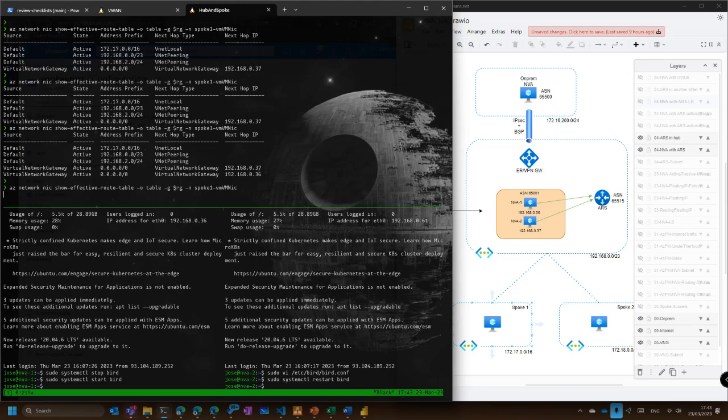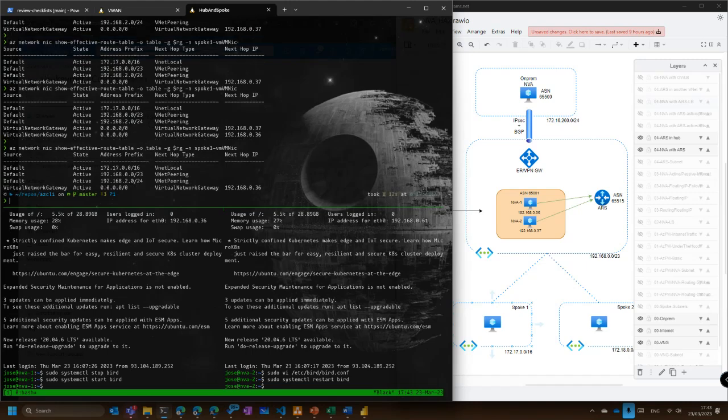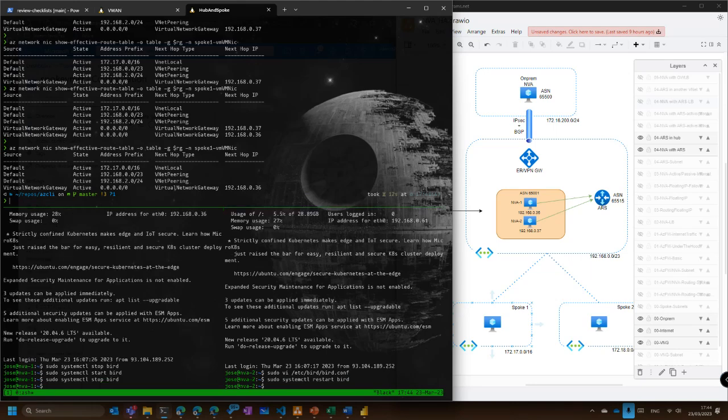Then the .37 one should be gone. Exactly, there we go. And now we can do exactly the same as before. I can kill BGP here and see what happens. Now this route will disappear, but don't forget that we still have the other one from NVA2. However, it's not preferred. So what should happen is that the .36 route should go away, and then the .37 should kick in. So let's see again how quick